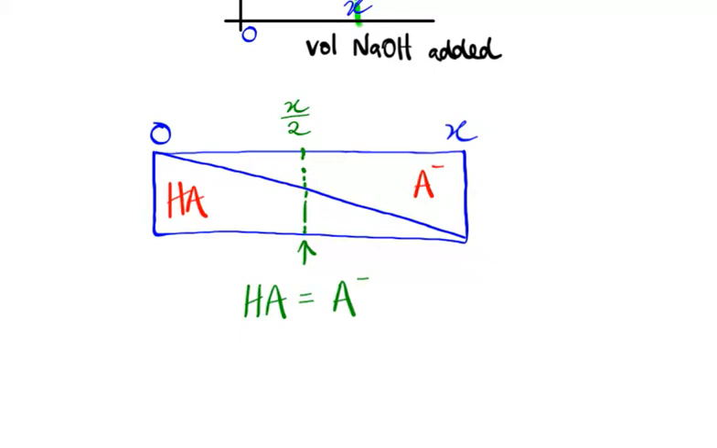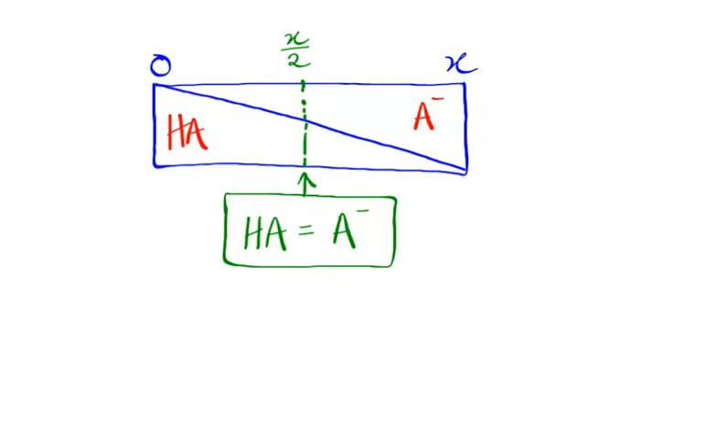Obviously you wouldn't see this when you were doing the titration, but you could draw the curve and then go back to the curve and have a look at what you've got at half equivalence point at X over 2. So what's special about this half equivalence point? Well, if we refer to the Ka expression,